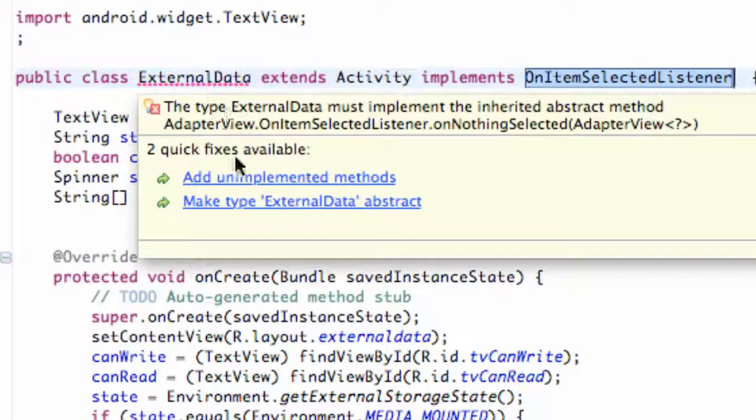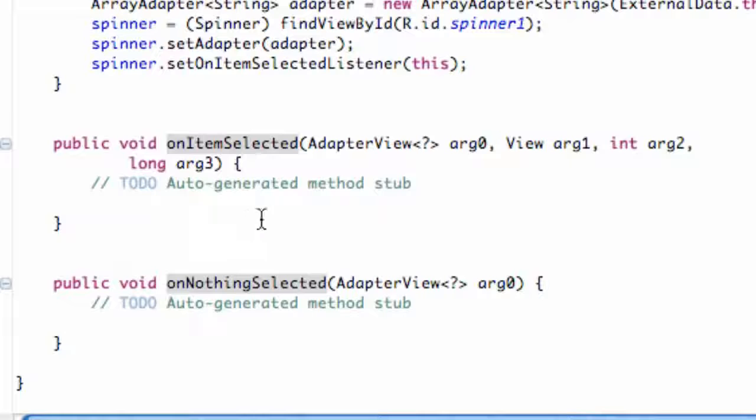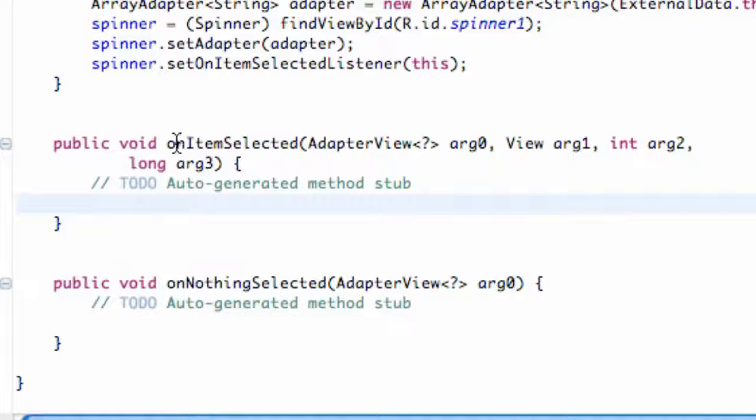And again, we just hover over a class, add unimplemented methods, and we have two new methods. Basically, onItemSelected and onNothingSelected. Well, we aren't going to really worry about the nothing one because we aren't really going to do anything for the most part. So what we're going to do is we're going to go within this item selected method here,